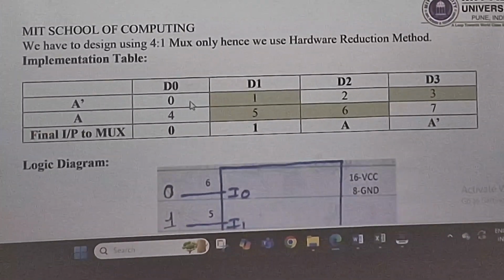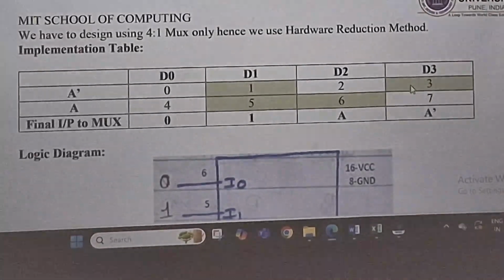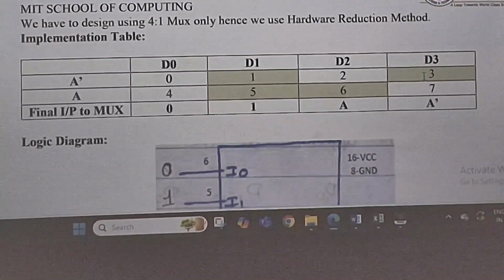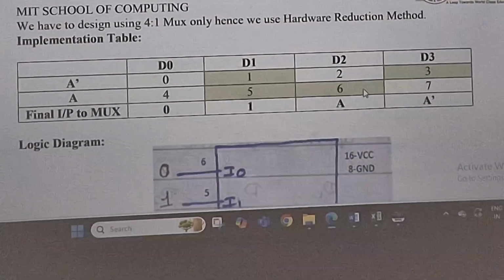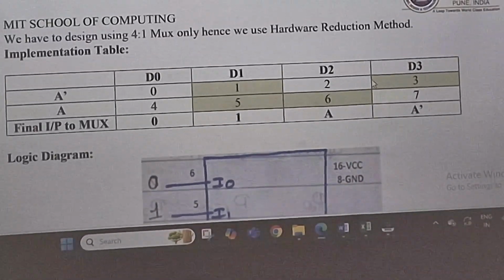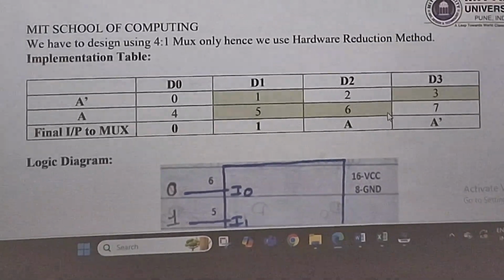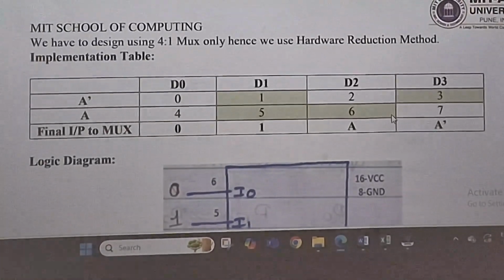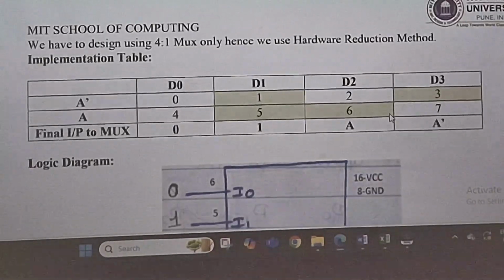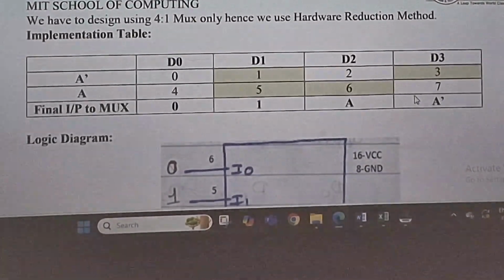तो आपको क्या करना है? ये table बनाना है. यहाँ पे लिखना है 0, 1, 2 and 3, 4, 5, 6, 7. K-map में हम क्या करते थे? Don't apply the logic here of K-map. You will get a wrong answer. This is not a K-map. This is a hardware reduction technique. तो आपको क्या करना है? Straight forward way से 0, 1, 2, 3, 4, 5, 6, 7 डालना है.